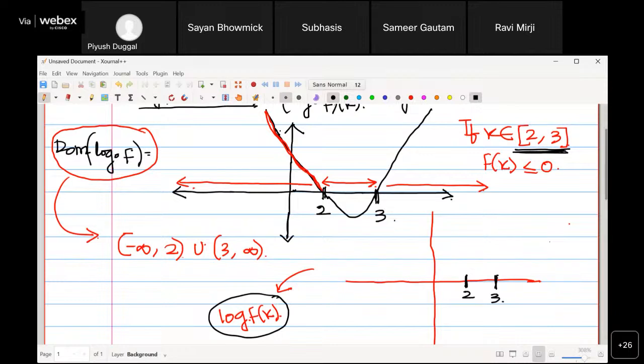So most likely you will have two asymptotes here. Okay, because the graph of log will start from 2 towards minus infinity, right? Yes, sir. And it will start from 3 towards plus infinity, right? Yeah. So certainly,